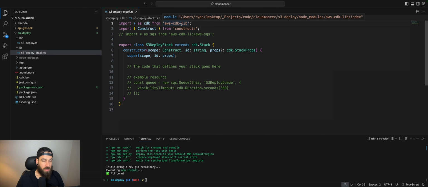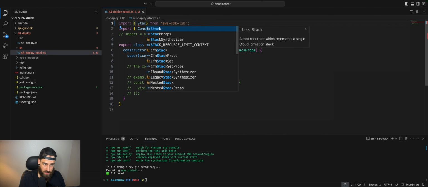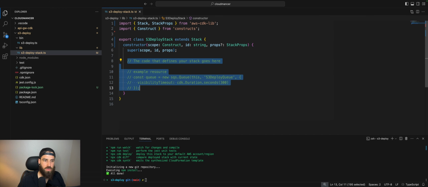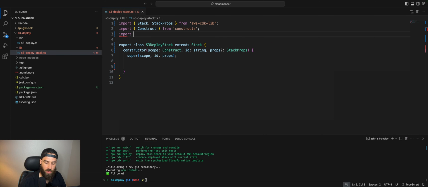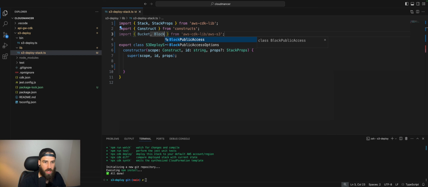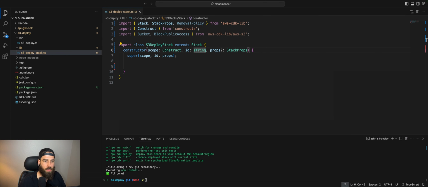The first thing we can do here, I don't actually like importing the entire CDK if we don't need it. So we'll destructure this and import just Stack and StackProps. Now we can delete both of these and get rid of all of this code as well. Next, we're going to import a couple things from the S3 library: the first being Bucket and the second being BlockPublicAccess. We're going to need both of these for the settings that we're going to configure on our S3 bucket. The final thing that we're going to import is up here in the aws-cdk-lib, and it will be called RemovalPolicy. All right, so now we're ready to start making our bucket.